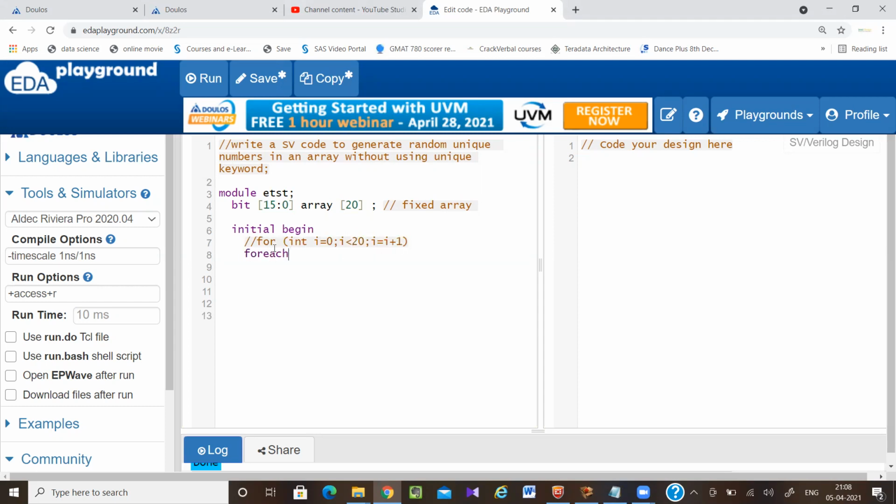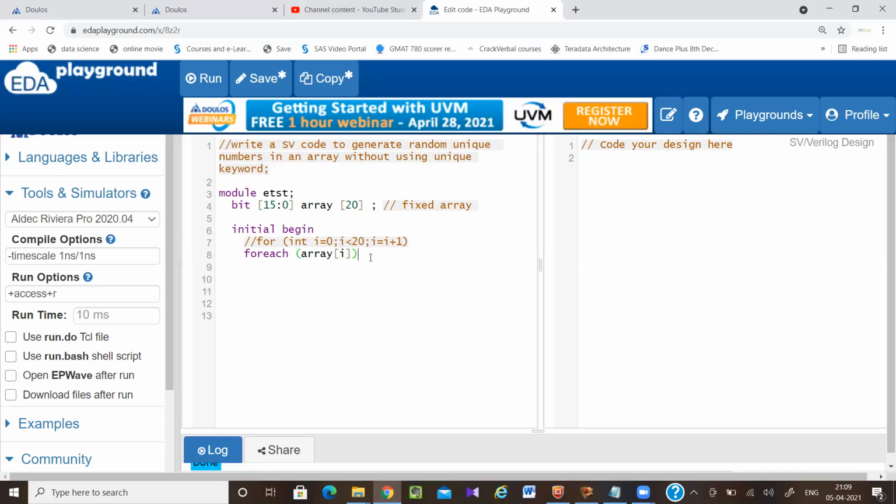This foreach loop behaves exactly like this, but here I have to write the size and the increment, whereas directly I can write foreach array[i]. It is going to take the i value 0, then increment i = i + 1, and it is going to run exactly 20 times, so 0 to 19.